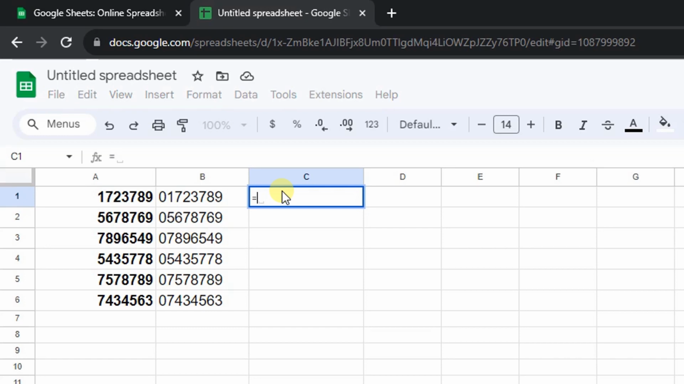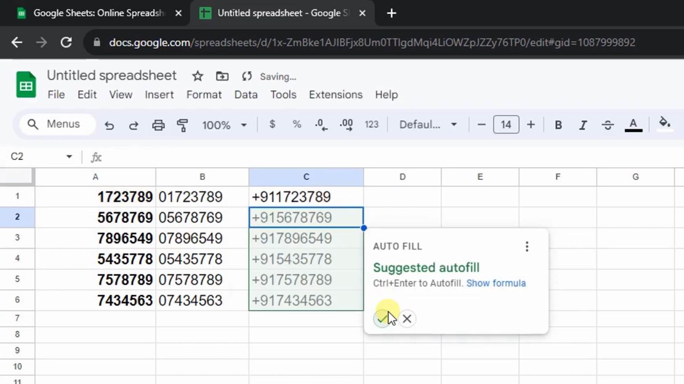press equal, then press and hold shift button, then double click quotation button from keyboard. In between this quotation mark, let's say I'd like to add here plus 91 before all the number. So plus 91, again after second quotation press here and select the number and then press enter and just simply